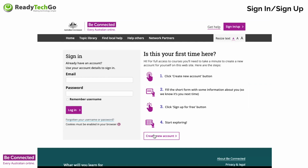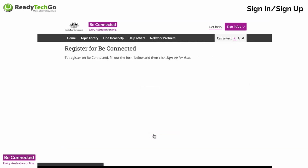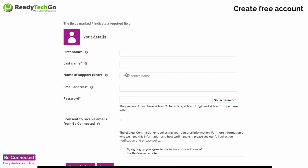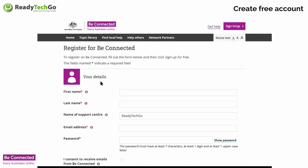So BeConnected, beconnected.esafety.gov.au. When you go in there, just want your first name, last name. Your support center is going to be ReadyTechGo. Pop your email address and create a password. Once you've got all that set up, it just means that the feds know that you've been doing some sessions with us, and you get access to a raft of amazing information as well on BeConnected, because once you sign up for free,